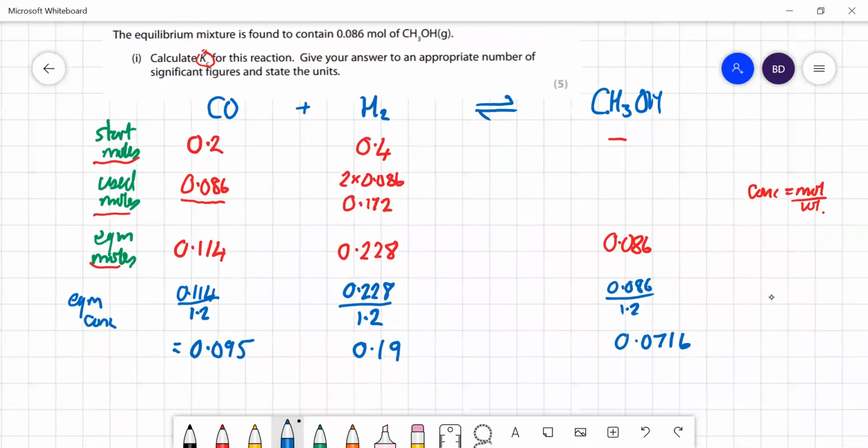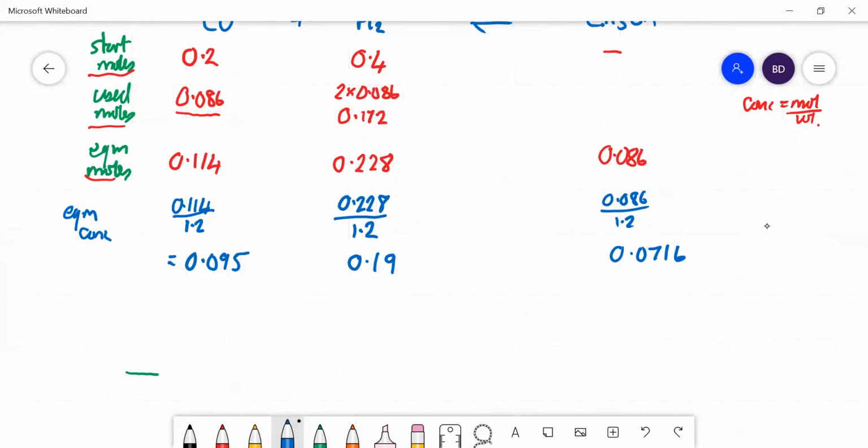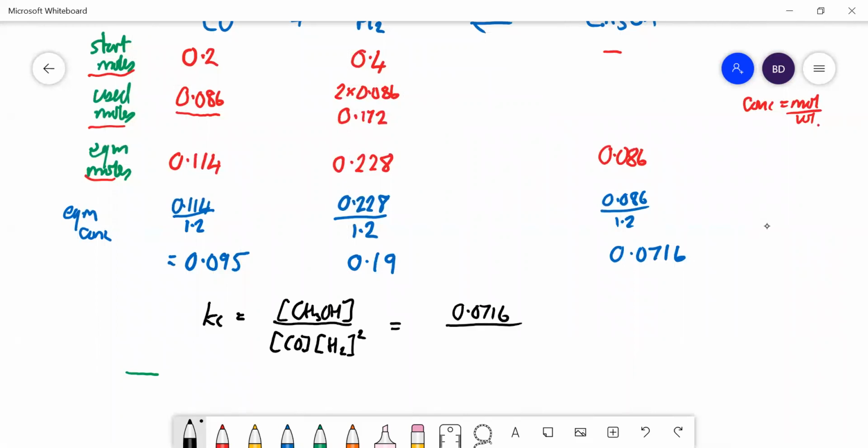Kc is the methanol concentration over the carbon monoxide concentration multiplied by the hydrogen concentration squared. So that's going to be 0.0716 divided by 0.095 multiplied by 0.19 squared. That is equal to